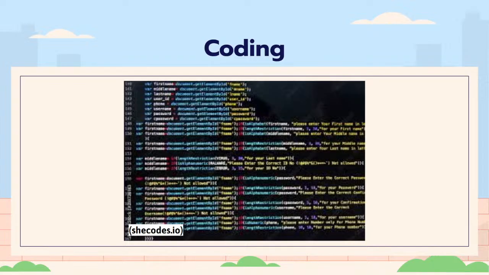Coding. Ready? Coding. So, Telugu is used to talk to other people, while coding is used to talk to the computer, right? Otherwise, how is the computer going to know what to do? How is a robot going to know when to pick things up? It's through coding.